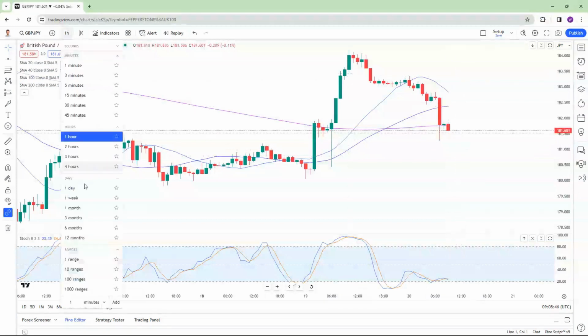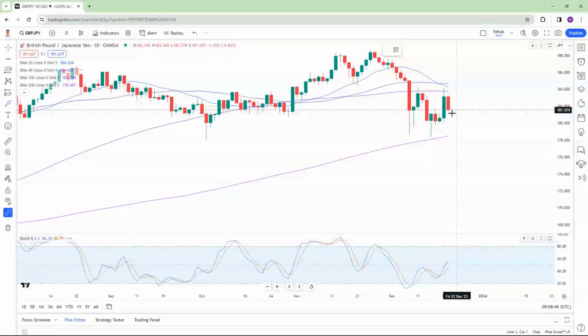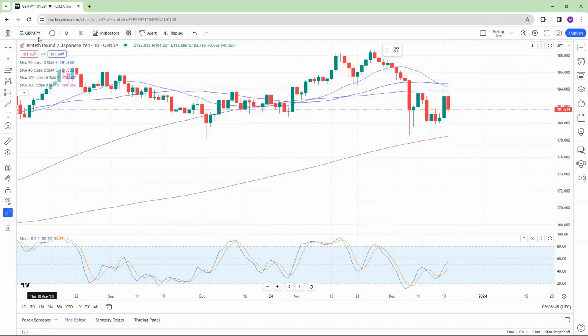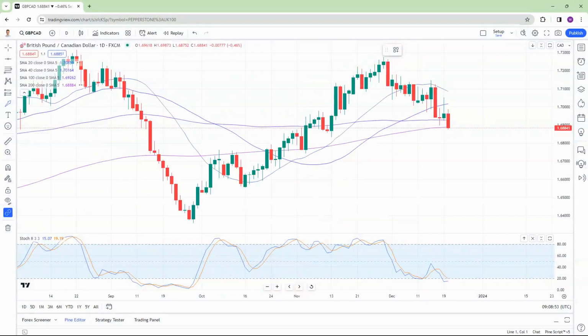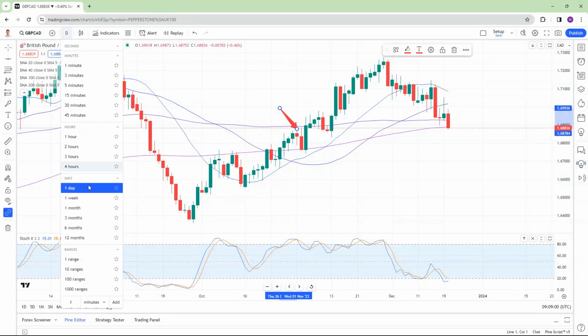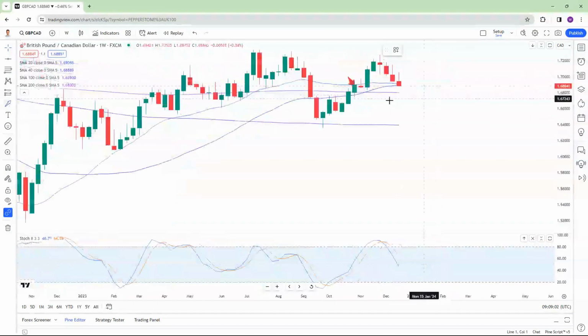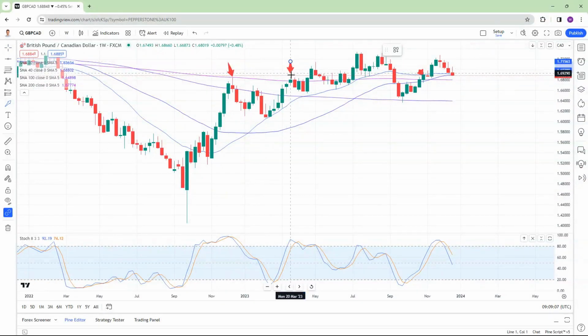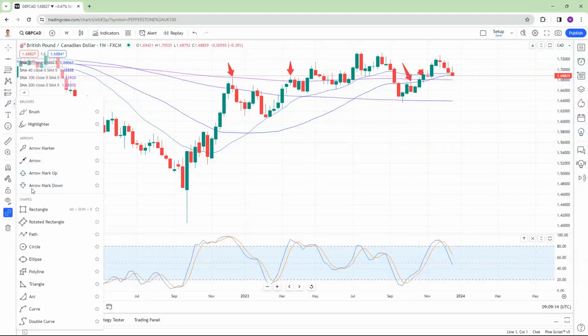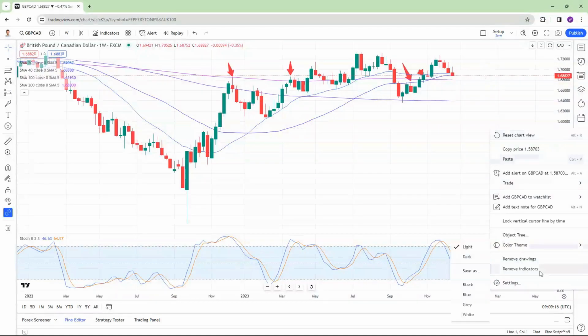your pound yen, I don't want to buy it just because of the area it's at. It is a light long, but I would rather trade the others. Remember, you don't need to trade every single pound pair all at once. Just be careful with that, because you may find you massively over leverage. If I put my timeframes up again on my pound CAD, you can see we're coming to weekly support across the board. Similarly, adding to that long side bias we were looking for within our pound pairs. So that is your pound